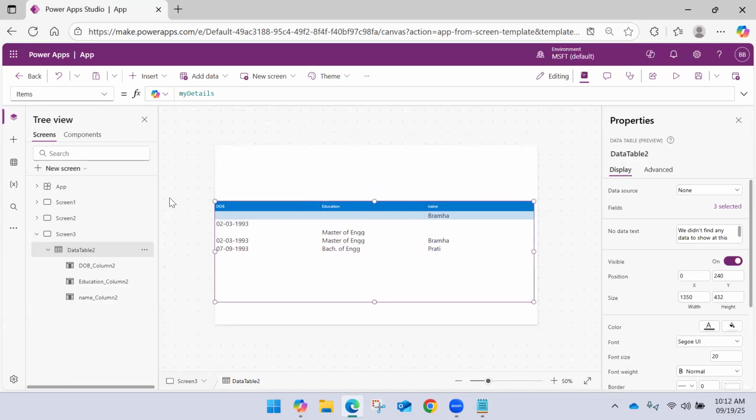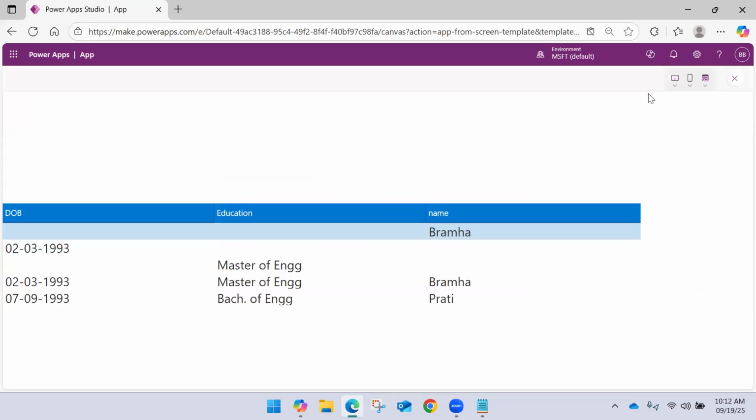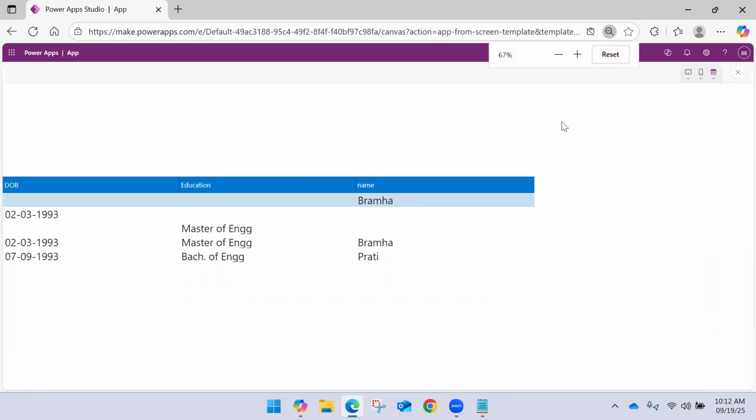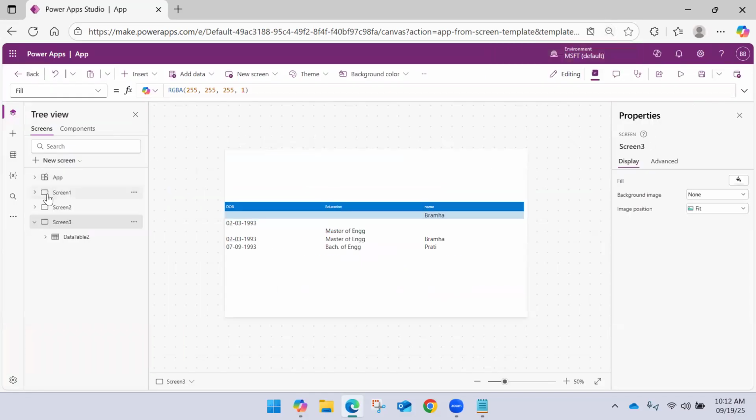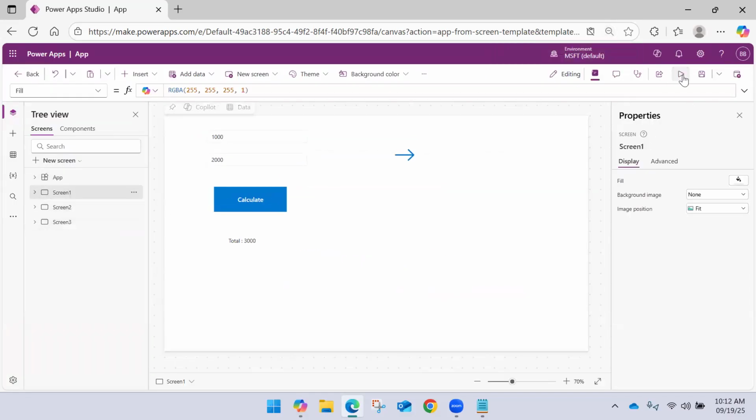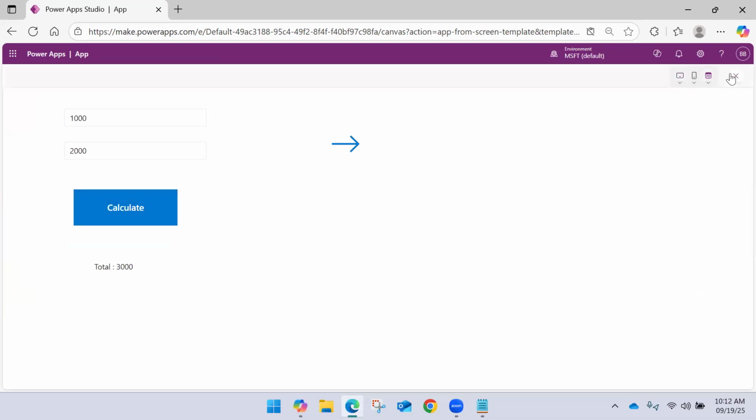Okay. So this is how data will look. Now what I did earlier, I collected something, and this is what is stored here. Now if I go back to screen one and run the application, and if I